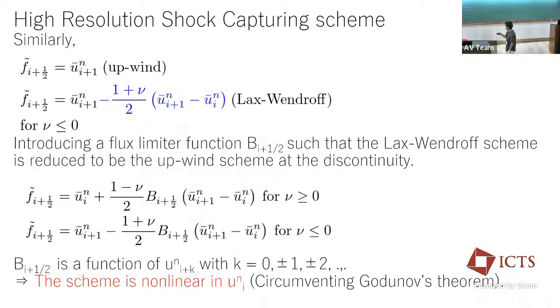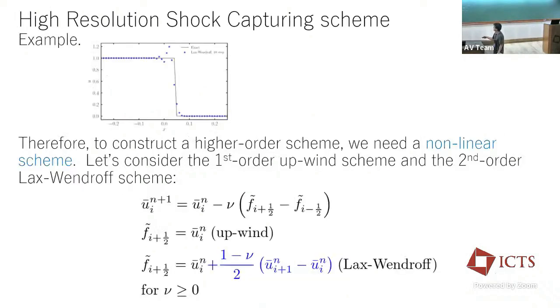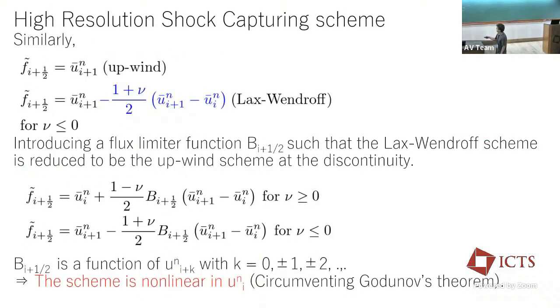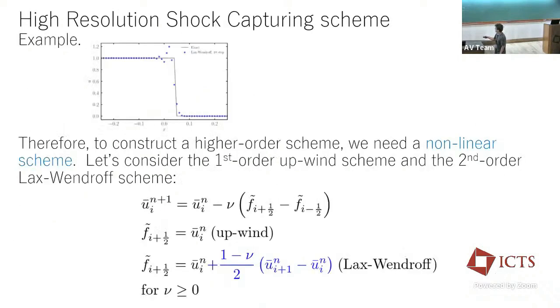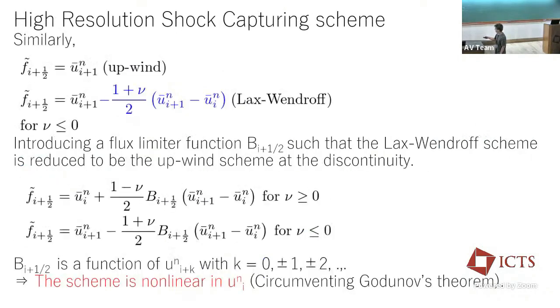Similarly for the negative nu case, we introduce the limiter function B at i plus minus 1 such that the Lax-Wendroff scheme reduces to the upwind scheme at the discontinuities, by plugging in something like this. Then, for the positive nu case, the numerical flux is given by these terms plus some limiter